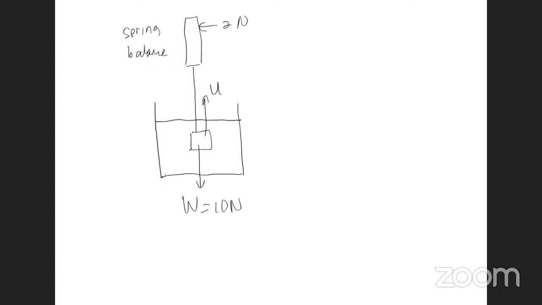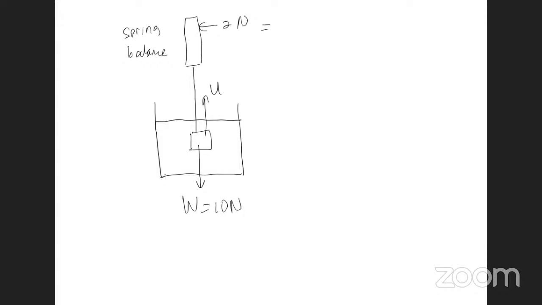Right. What's the guess? Any guess? Well, here's the thing. The spring balance, we're going to measure the resultant force. There's a downward force of 10, an upward force we don't know, but we know the resultant. We know that the resultant is 2 newtons. So think about it like this. That 2 newtons